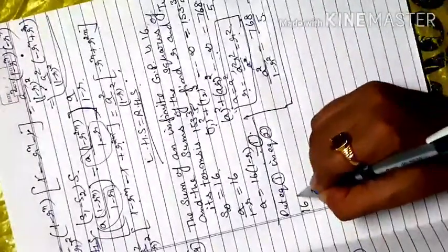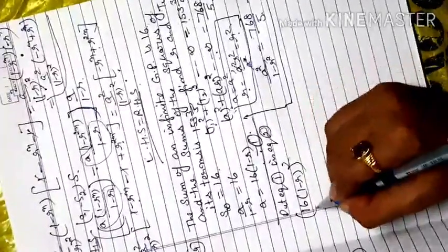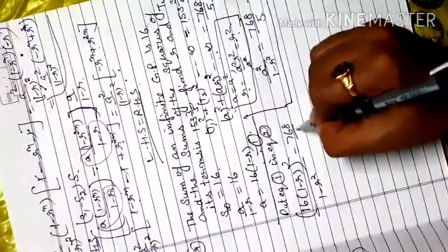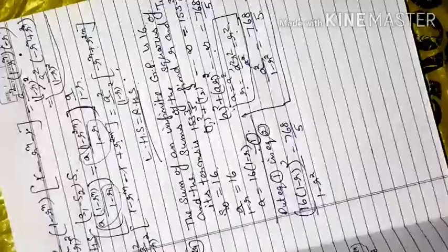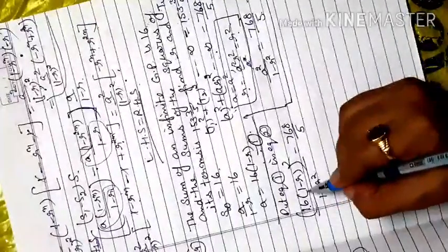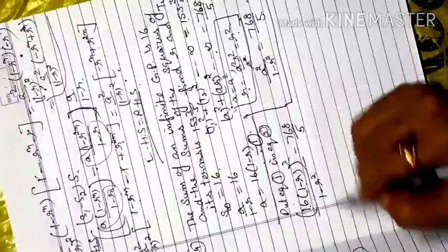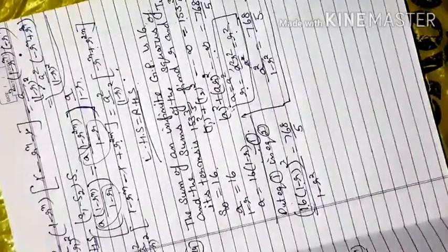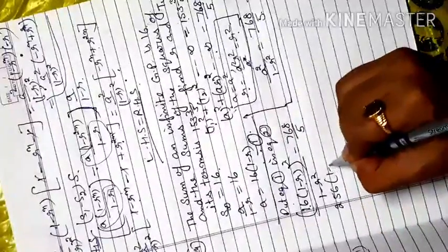So that becomes 16 into (1 minus r) whole square by 1 minus r square, equal to 768/5. So now you have to try to solve this one. 16 into 1 minus r whole square means 16 square, 1 minus r square. So both terms will come under power square. So 16 square is 256, 1 minus r square